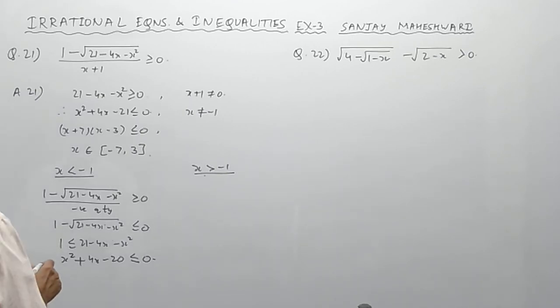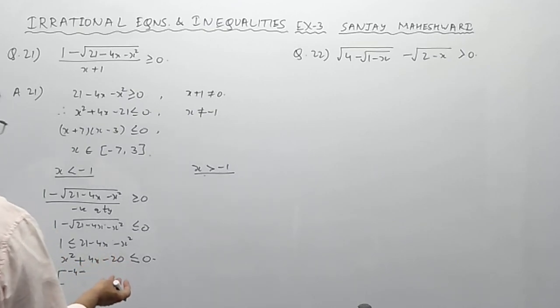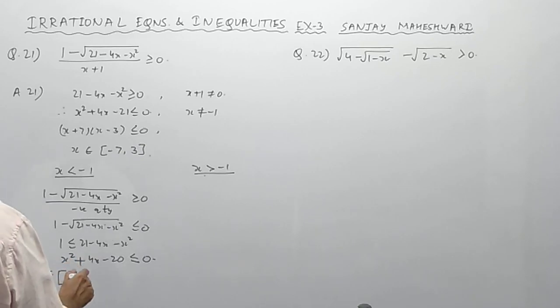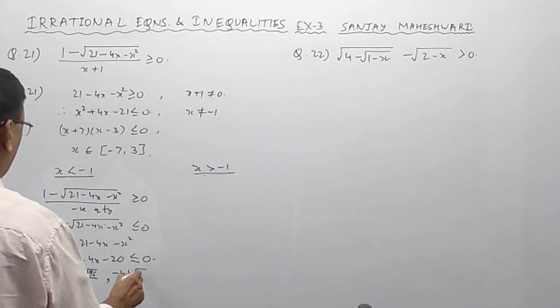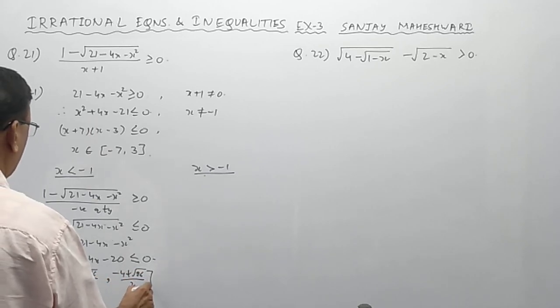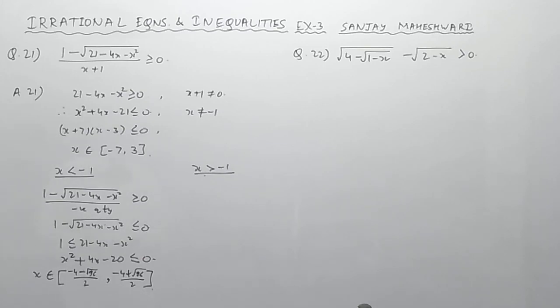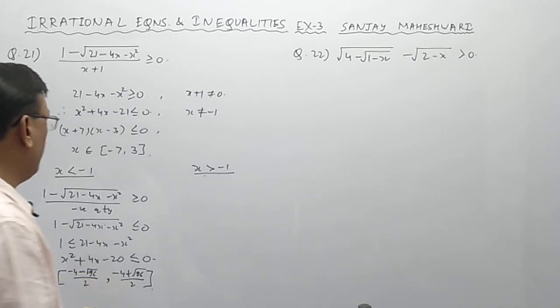Accordingly, x belongs to the closed bracket from minus 4 minus root 96, divided by 2, comma, minus 4 plus root 96, divided by 2, right? So this part is almost complete, and this can be written as